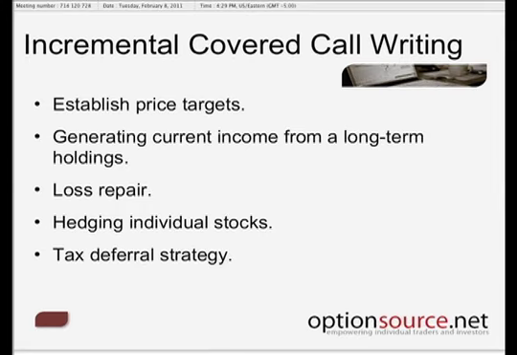Now the other strategies which you can utilize covered call writing on are things like establishing a price target. For instance, let's just say with that natural gas ETF, we were looking for a $22 target. So it's at 21 now. We've already made $3. We could always sell a covered call out at the $22 strike. And now what we've done is we've locked in our sale price at 22. If it rallies up to there, that's where we're going to be obligated to sell. But we at least collected a premium. If it never gets up to 22, at least we made some money while that goes in there.